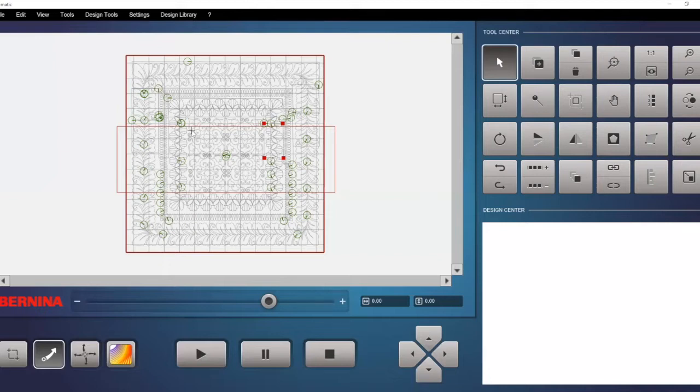Now I'm going to take the sew head and position it right over the last part of stitching on the vertical border that's already been stitched. My sew head crosshairs are indicating exactly where I want the next piece of pattern to join on. I think it's probably this piece here, which I've clicked and it's gone red. So if I go into actual size view,